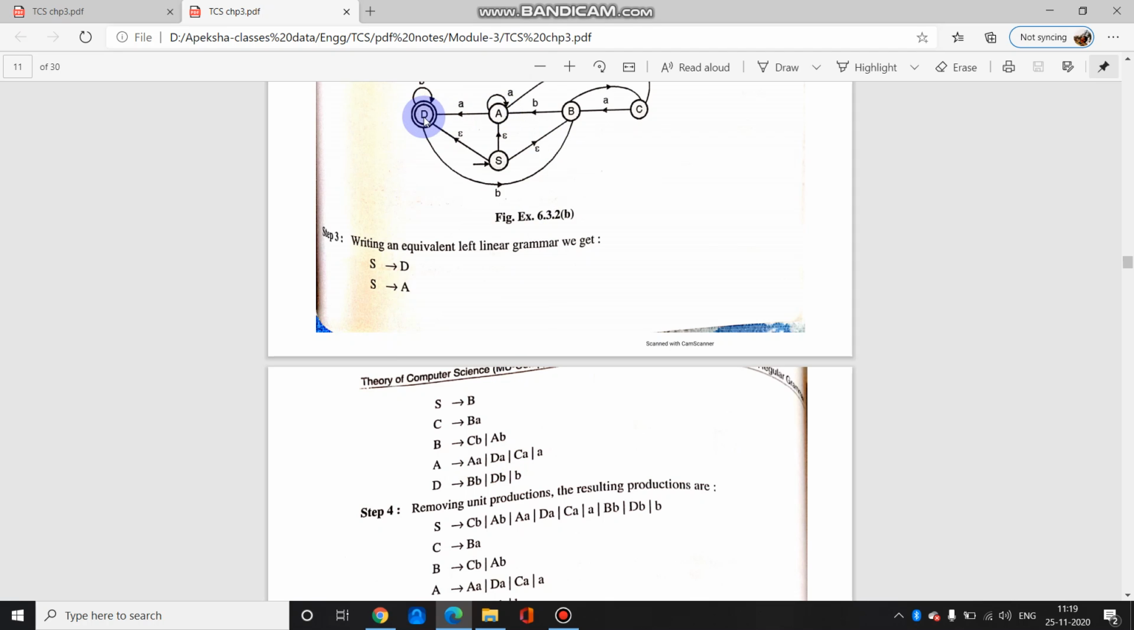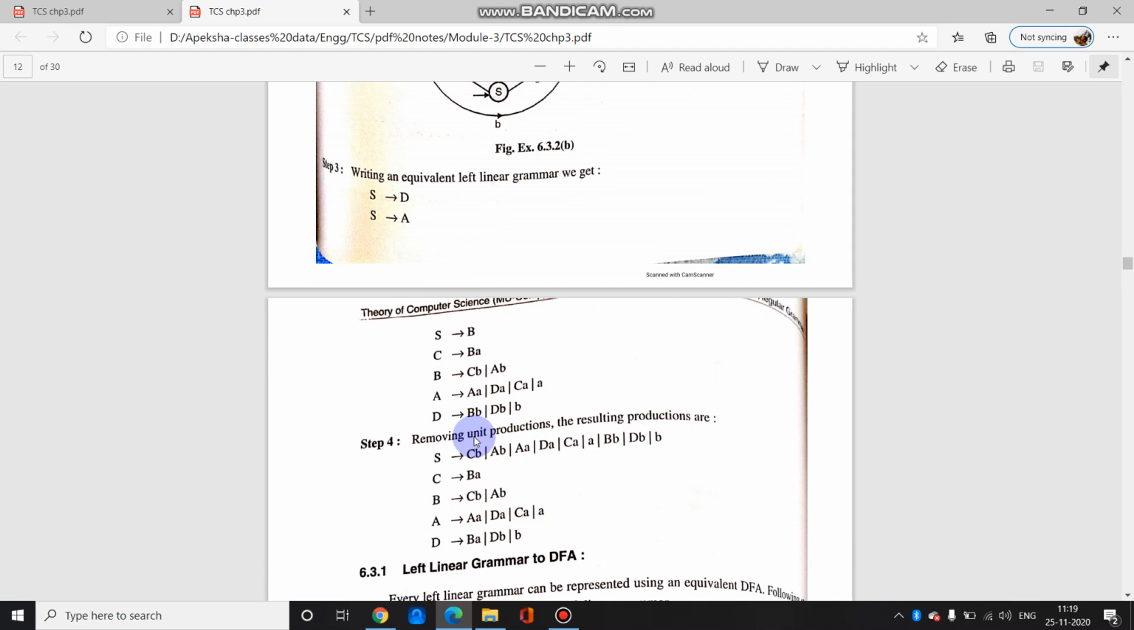Similarly, A will be giving input DA. A will be giving input to C as well, so it was CA. So जैसा मैंने A के लिए बताया है, वैसे similarly you can find for B and C as well, B, C and D. So this is how your left linear grammar is produced. Now removing unit productions, the resulting productions are,